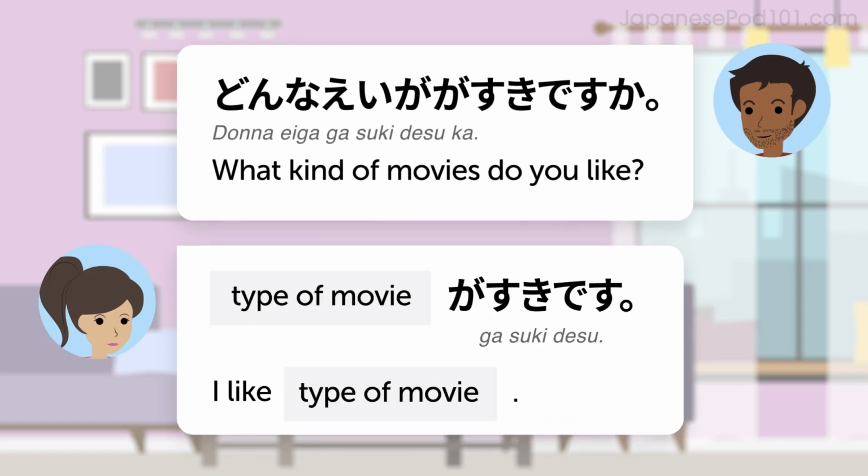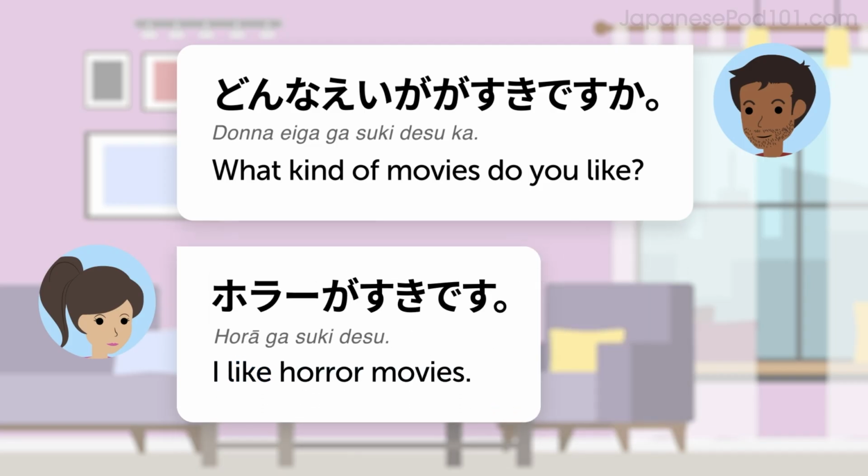Now, how do you answer this question? The pattern is type of movie が好きです。 This Japanese sentence translates as type of movie I like, but it means I like type of movie. For example, I like horror movies. ホラーが好きです。